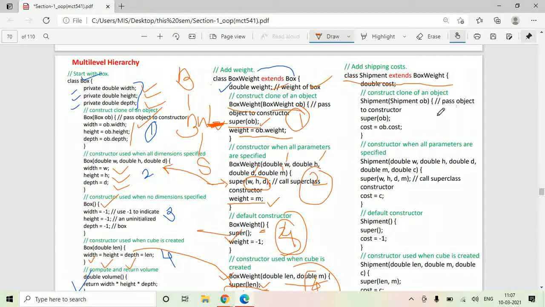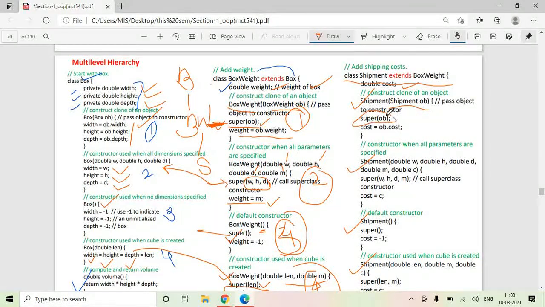So since shipment is a class, all 4 kinds of constructor you have written for the shipment class also. The shipment class constructor accepts one shipment kind of object. You have created one cost variable for the shipment class.